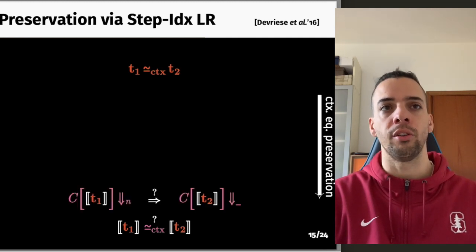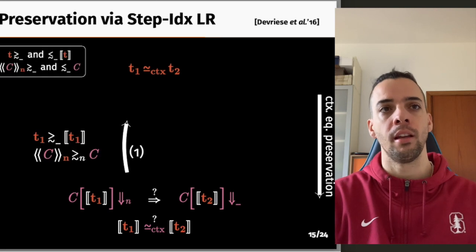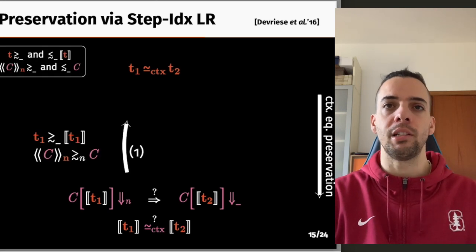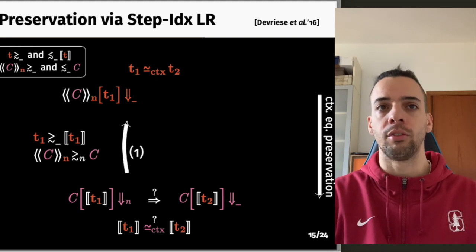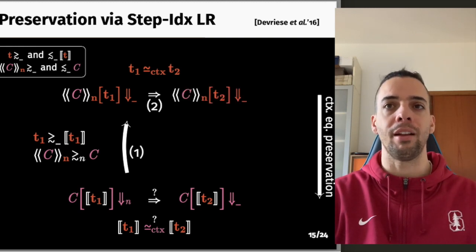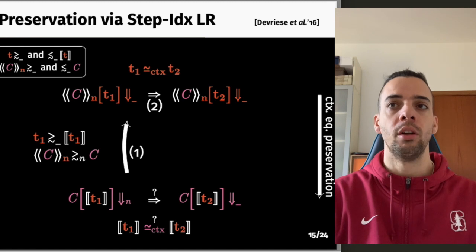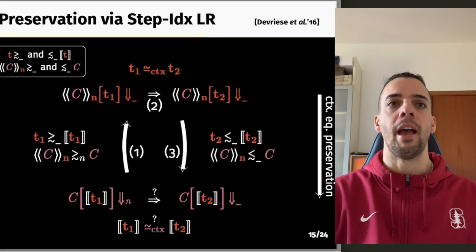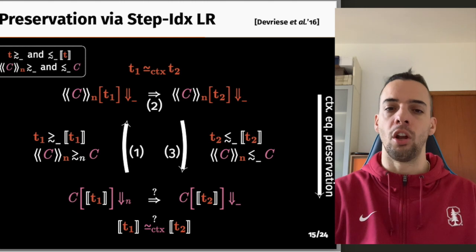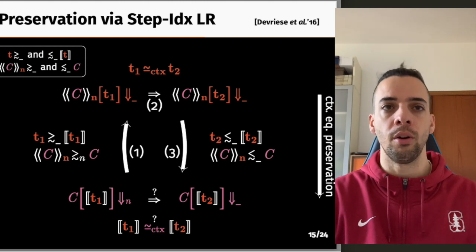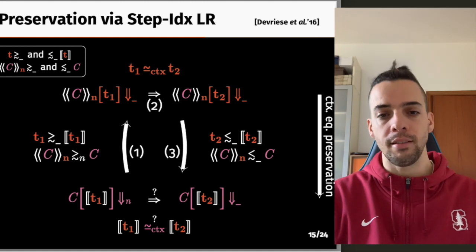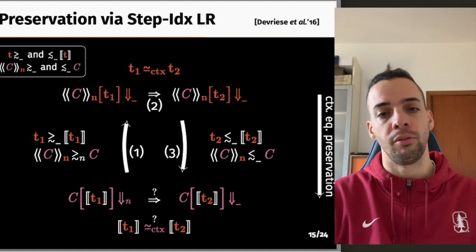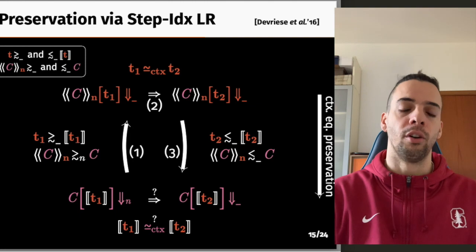knowing that the equicontext with compile T1 terminates, we know that the back translated context with ISO T1 terminates. So by ISO contextual equivalence, we know that the back translated context with T2 terminates in some steps. And by using the other direction of the logical approximation, we get to know that the original equicontext with compile T2 also terminates. This lets us conclude the hard part of full abstraction and therefore our result.